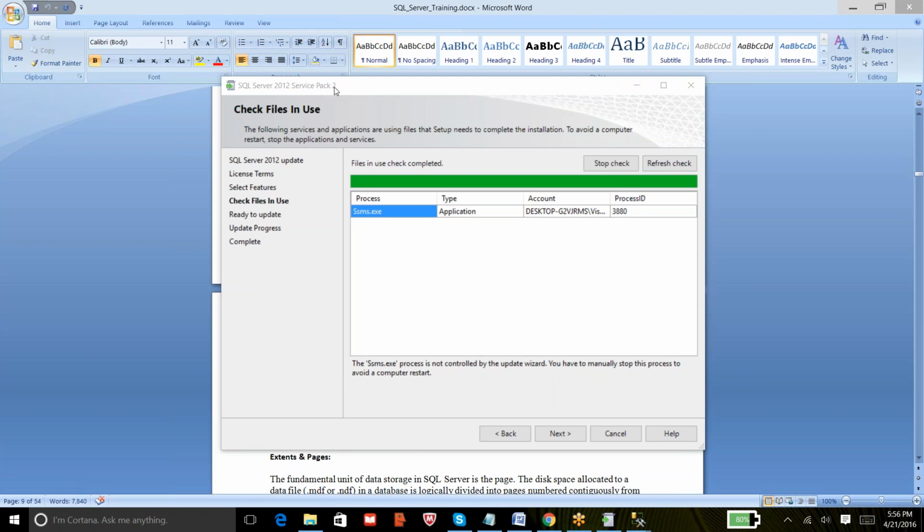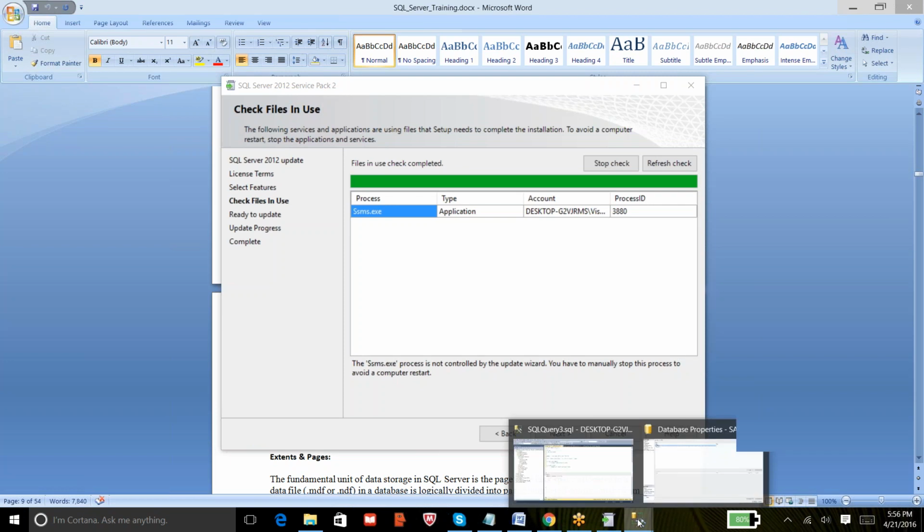So it holds all the fixes and everything from Service Pack 1 as well. You don't need to apply Service Pack 1 and then come on to Service Pack 2. It's not required. You can always jump and apply the latest service pack. If I had Service Pack 3 or 4 for this version, then I would have applied that, which is the latest one.